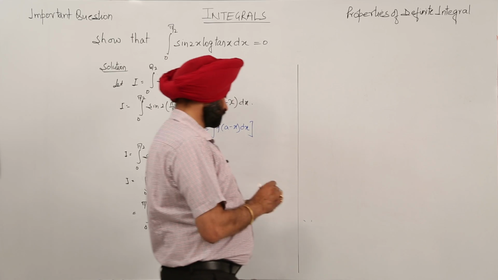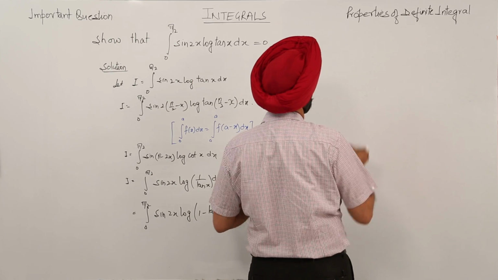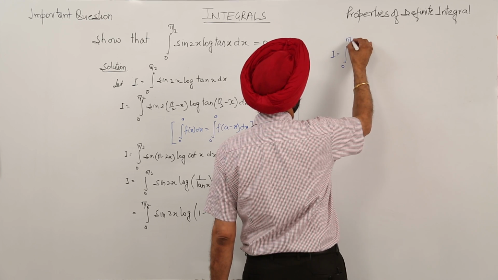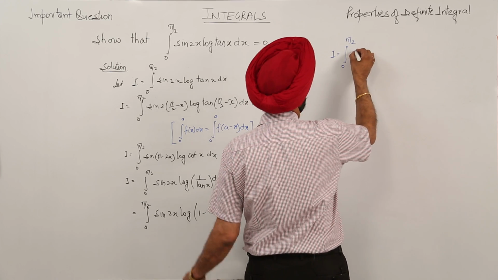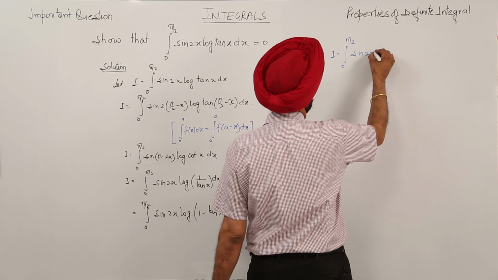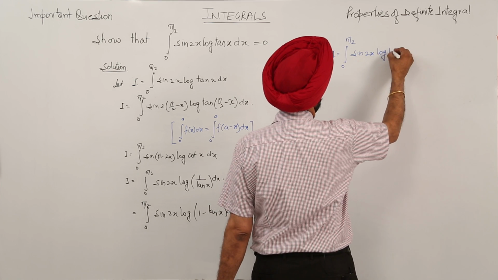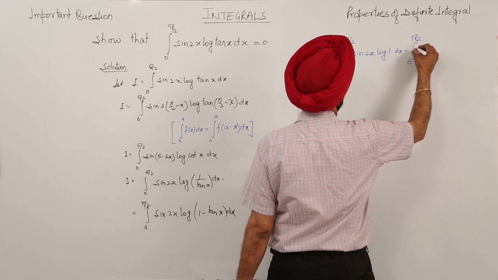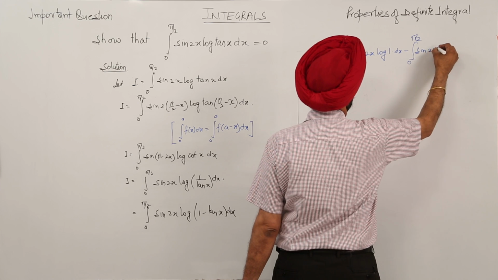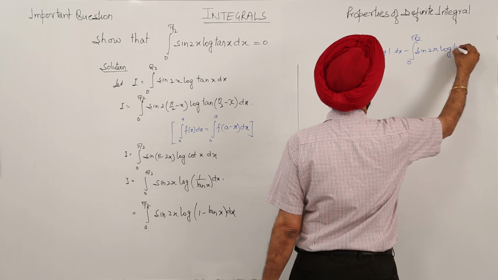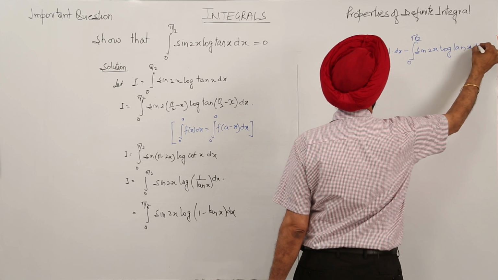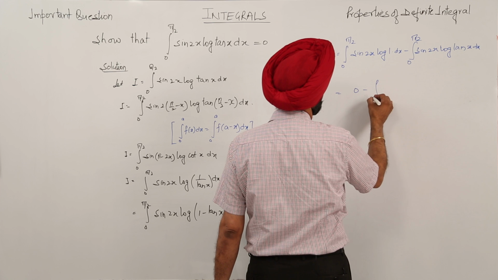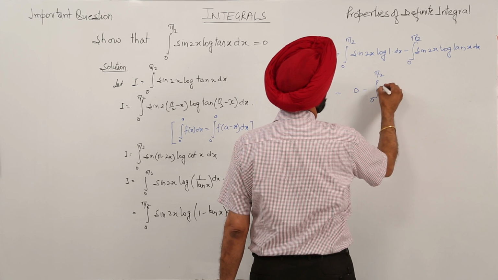Now this becomes the integral from 0 to pi by 2 of sin 2x log 1 dx minus the integral from 0 to pi by 2 of sin 2x log tan x dx. Now this is 0 minus